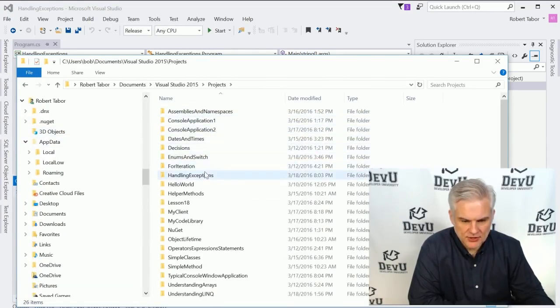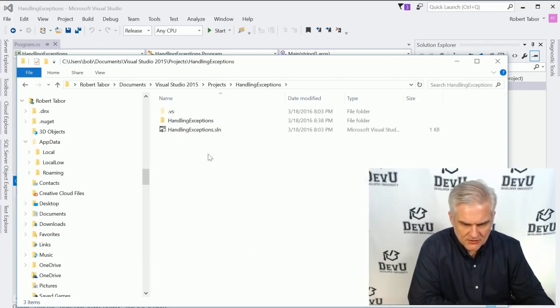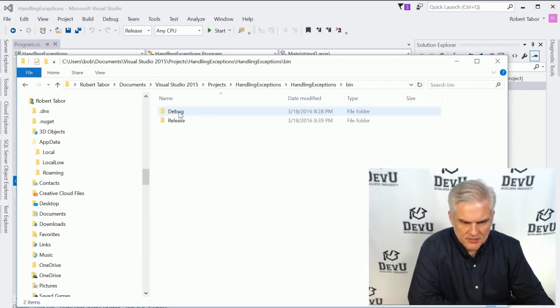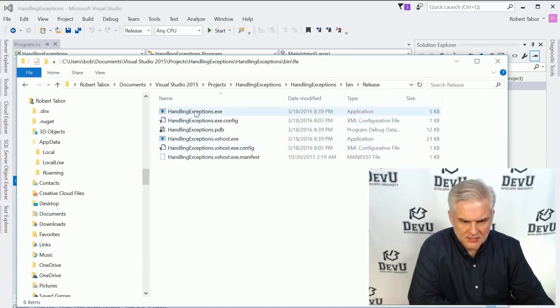Now we're going to go out to our projects directory, and I'm going to act like an end user and actually attempt to use this application outside of Visual Studio, so outside of the debugging environment, just to see what the end user would see if they ran into this exception at runtime. The name of this is handling exceptions. All right, there you go. And let's go into the bin directory, into the release folder, and I'm going to double click the handling exception,